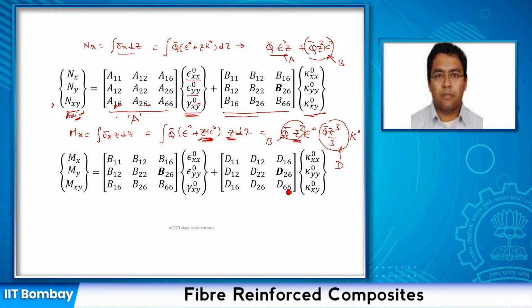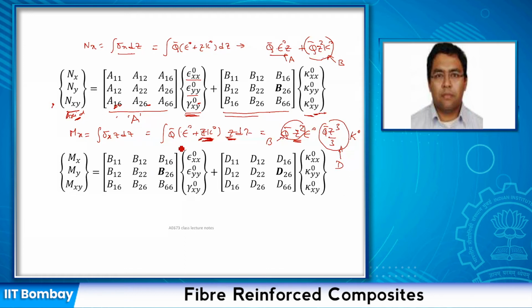So what's happening here is that, if you notice, we have converted a lamina level response, and then we have said, okay, a stack of lamina will respond in this way. And the advantage of doing it in this manner is that nx, ny, nxy are your in-plane forces, mx, my, mxy are your moments, and now I can look at a laminate, and I can calculate these A, B, D matrices, and based on that I can understand what kind of coupling will exist. So now let's look at this in a generic way, combining both equations.